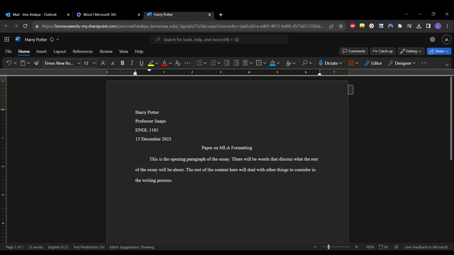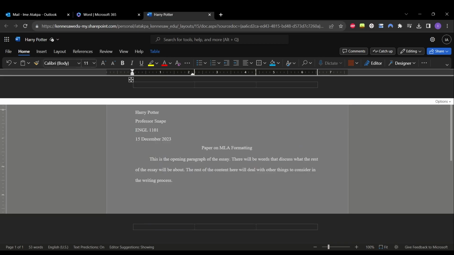All right, so this is mostly done. The last thing that you want to have for MLA formatting is your page numbers. This is way easier in desktop, but here in Office 365, you actually have to come over here to where this little tab is. You hover over it, it sticks out, you click on it, and it opens up